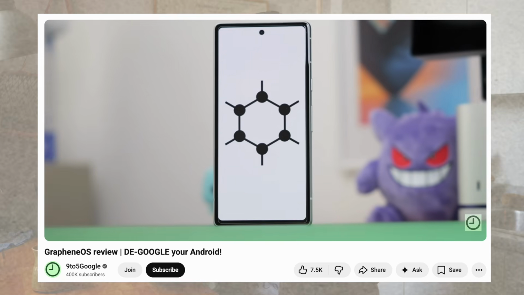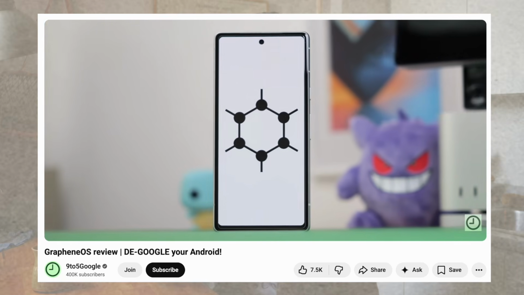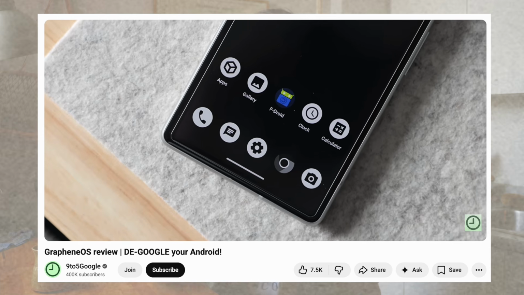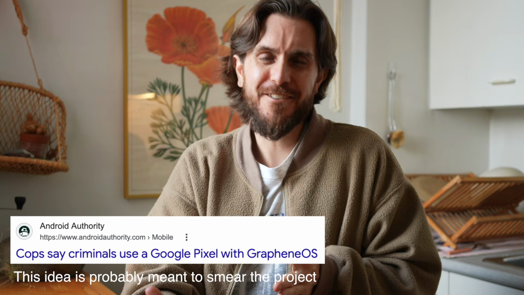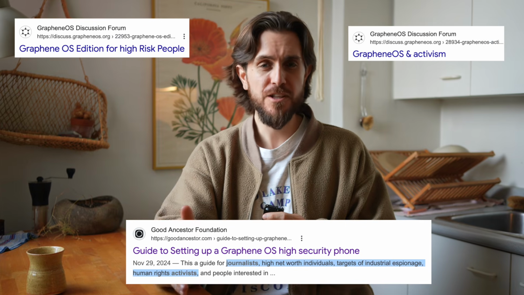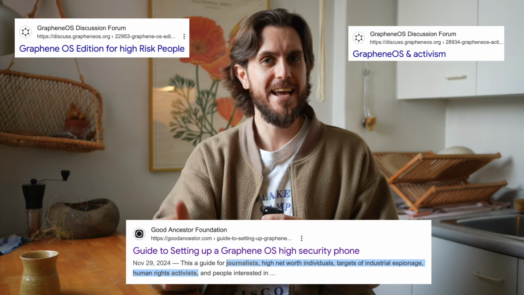It removes most built-in tracking and adds extra protections behind the scenes that make it much harder for apps, malware, or even attackers to access things that they shouldn't. GrapheneOS is particularly popular with security experts, activists, and criminals, but we're not going to talk about that. Basically anyone who's especially mindful about surveillance and tracking on their devices and wants to take that extra step to